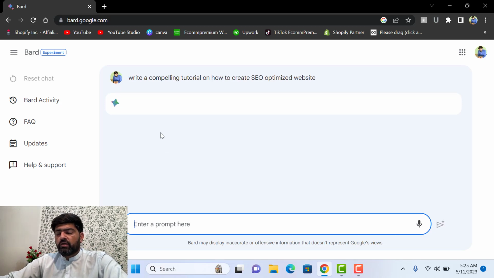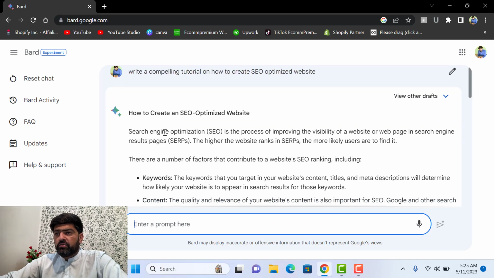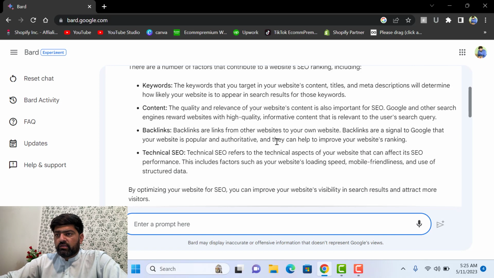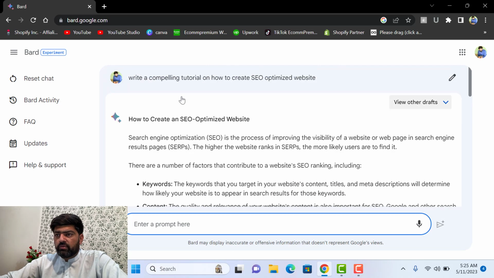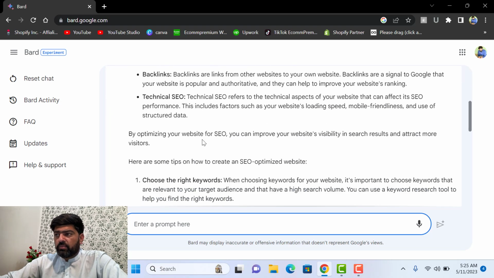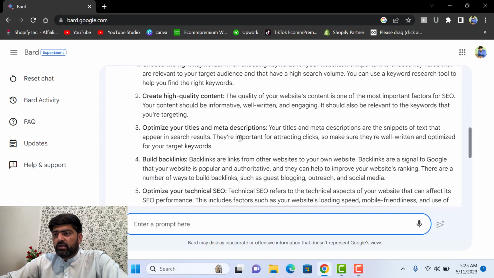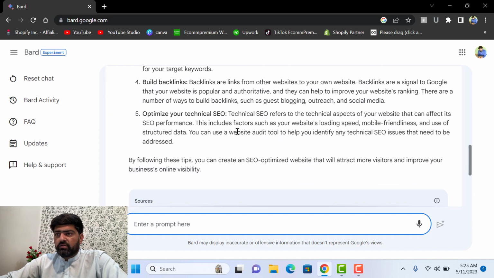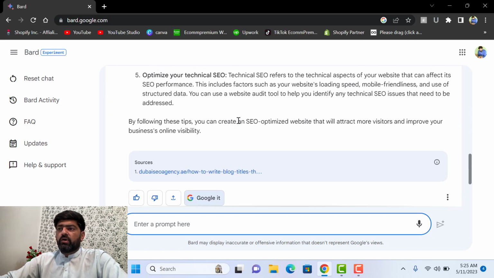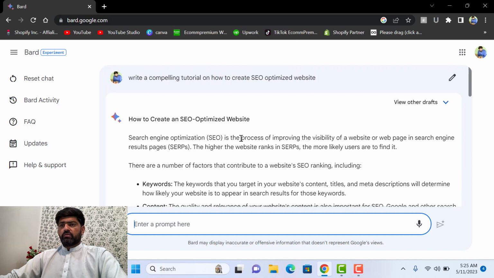So here is how you can use BARD, live artificial intelligence. How to create an SEO optimized website, starting with the heading and then setting up the optimization. And this is a tutorial with proper keywords, headings and titles. So this is how BARD works. This is the first ever tool of its kind. You can also use it for many prompts like